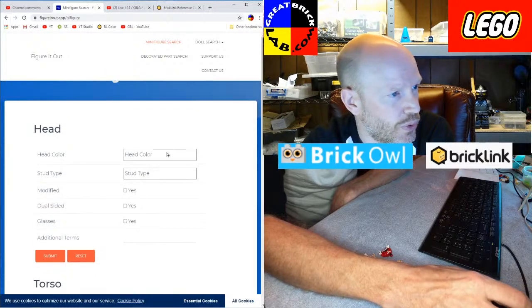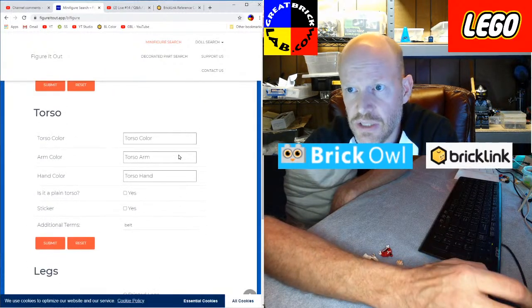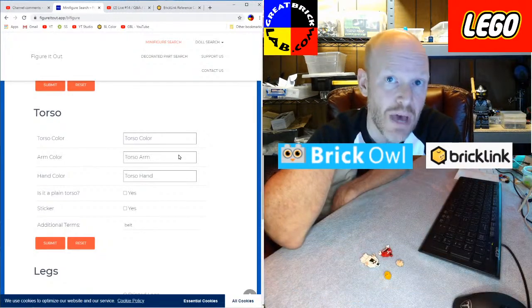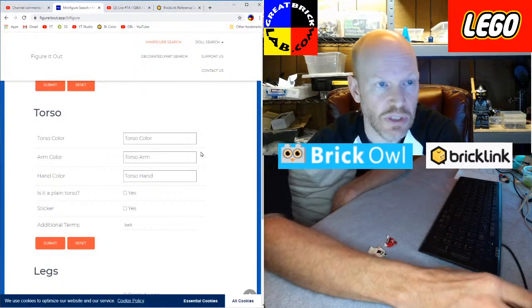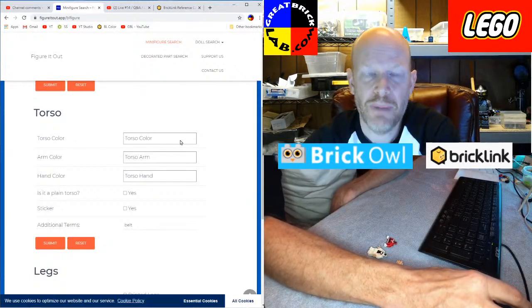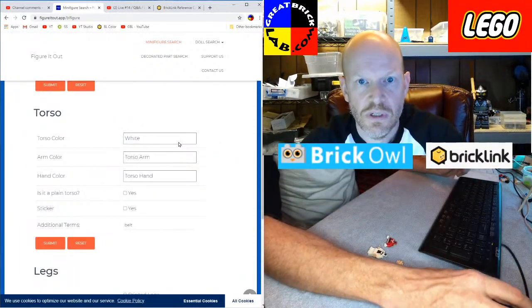So, all right. I'm going to show this. Let's go to torsos. The torsos is really easy to understand when you're doing this. Now, I've shown my method of using the BrickLink color palette to start searches for torsos, and essentially this is a similar way to doing that, but it eliminates having to go to the color palette. You can just come in here, and I'm going to pick white for the color, and then